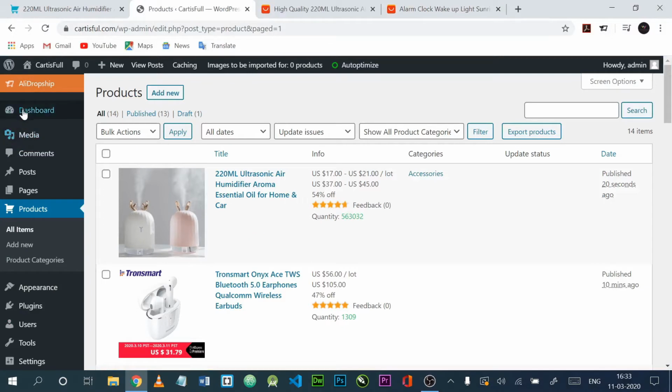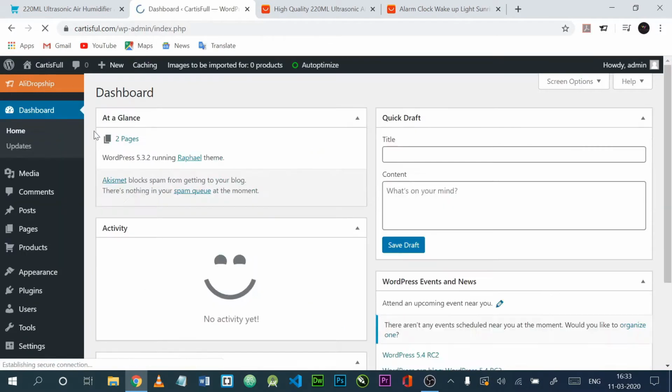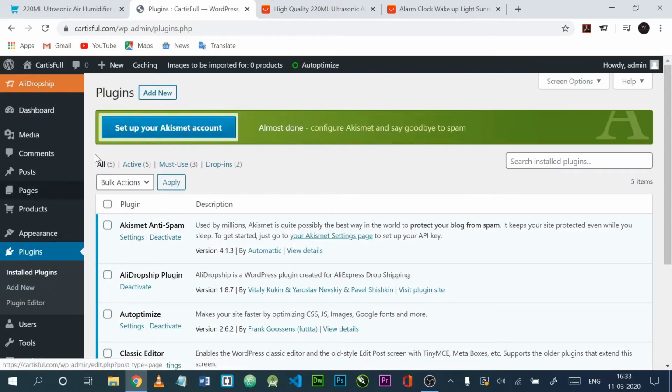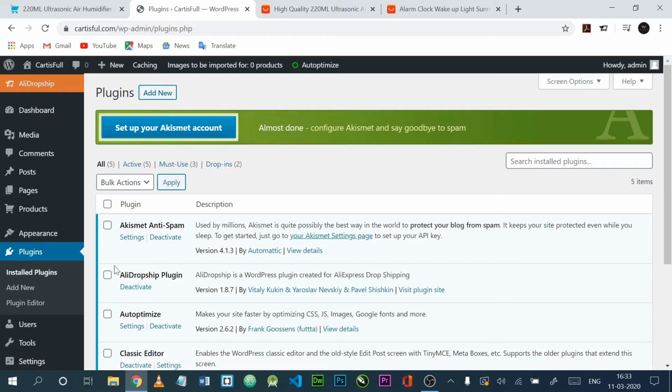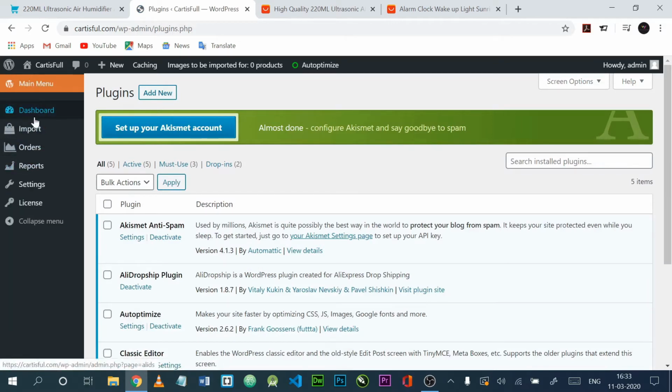This is my site backend and my site is built on WordPress. So first we have to install the Alidropship plugin. You can download it from the Alidropship website and install it on your website by going to plugins, add new, and just upload plugin. You can just choose the file in a zip format and install it. But I have already installed the plugin, that is the Alidropship plugin, as you can see here, and all the things